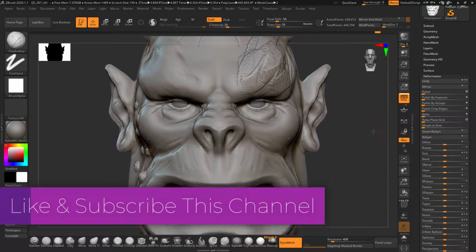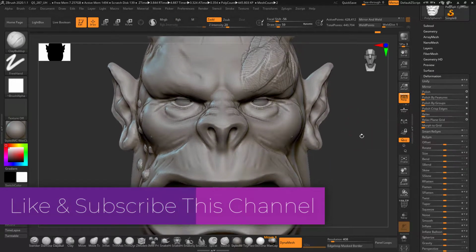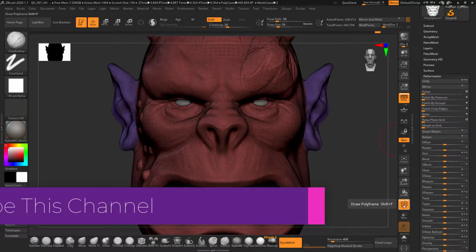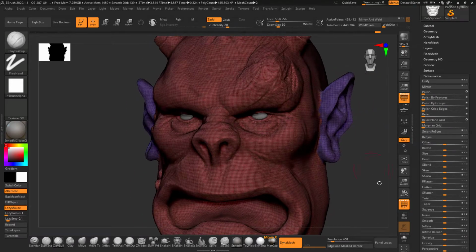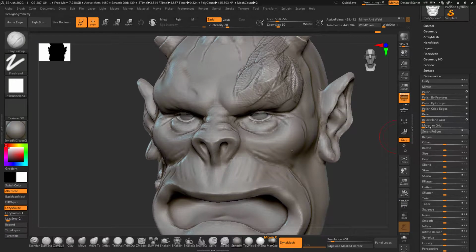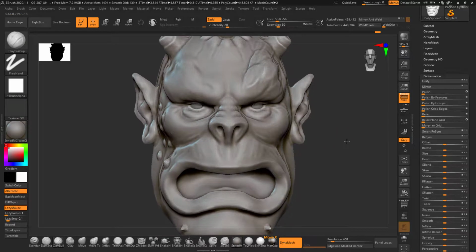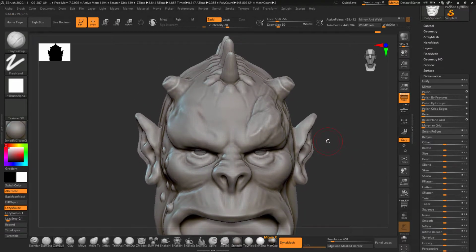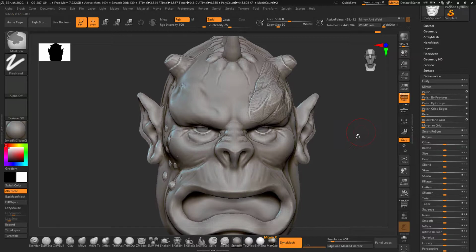Another one is polish by groups. So basically if you have polygroups activated, you can simply polish it. And the relax is something that, when you click on the relax, it just smooths out the whole object and relaxes your polygon binding.